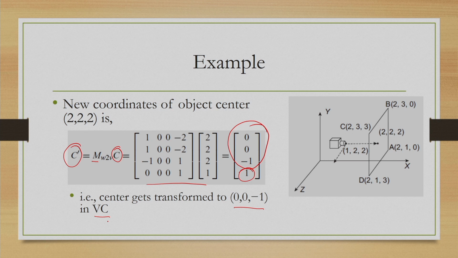So, in summary, today what we discussed? We are discussing the fourth stage, that is the viewing pipeline, which is essentially simulating the process of capturing a photo. Now, this process consists of multiple stages. Broadly, there are 3 stages. First is a transformation from world coordinate description of an object to a view coordinate system. Second is from view coordinate system to projection on a view plane, and the third is from the view plane a transformation to the device coordinate system.